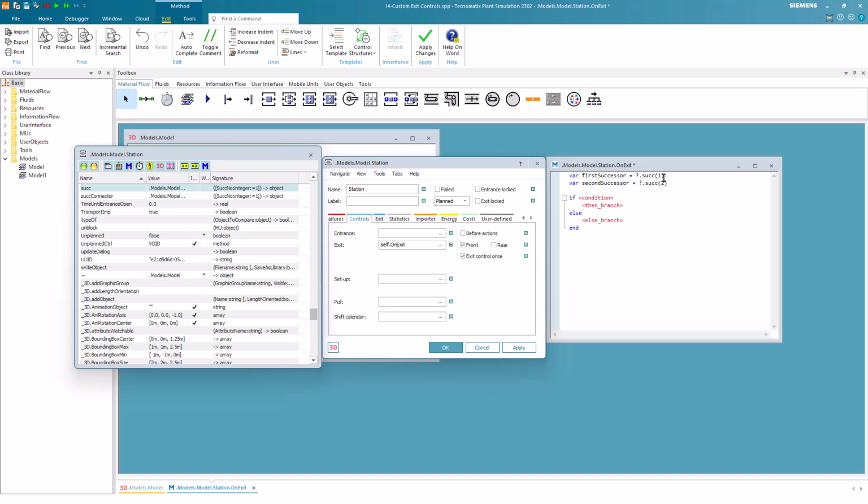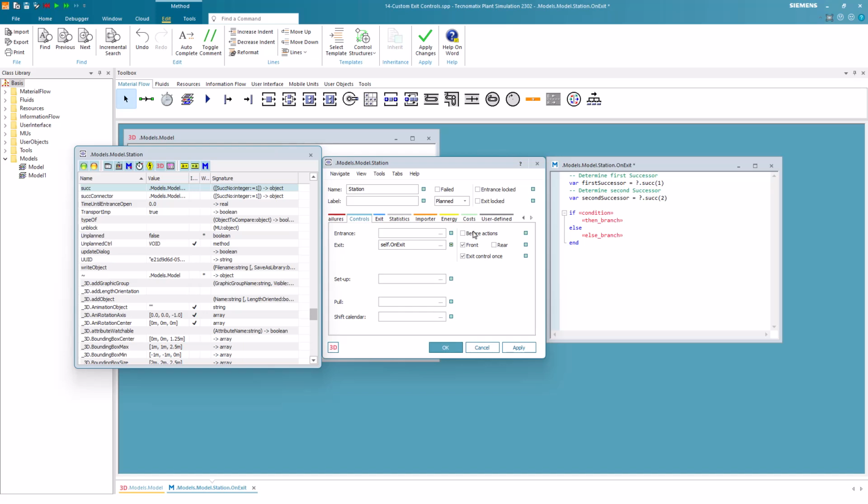However, keep in mind that if you now delete a successor and insert a new one, the order of them might change. To make your code clean and understandable, you should use comments. Therefore, we place 2 comments over the lines where we determine the successors. What we then also need is the total working time of the stations to be able to compare them, since we want to distribute the parts according to the working times.